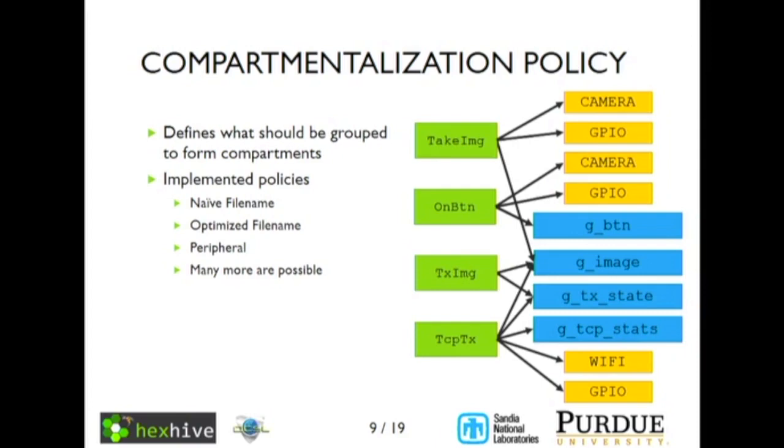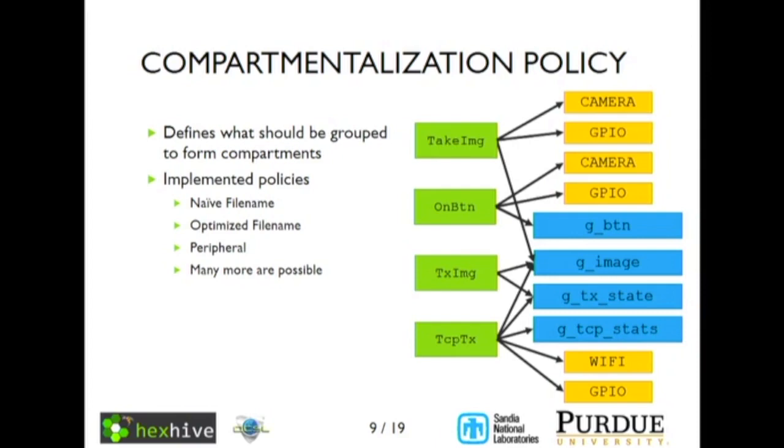The optimized file mode takes that as a starting point, then looks at the program dependency graph and moves things to new compartments based on its connectivity. So every function gets moved to the compartment that it has the most connections to in the program dependency graph. And for the peripheral policy, we look at the control flow graph and the dependency on peripherals. Any function that accesses a peripheral gets put in one compartment, and then we walk up the control flow graph, adding functions to those compartments until there's a conflict in dependencies, and that function could be dependent on more than one peripheral. When that occurs, we put those together into one compartment.